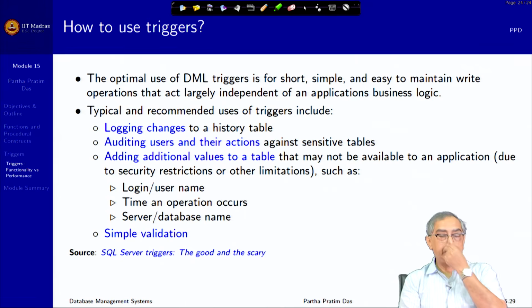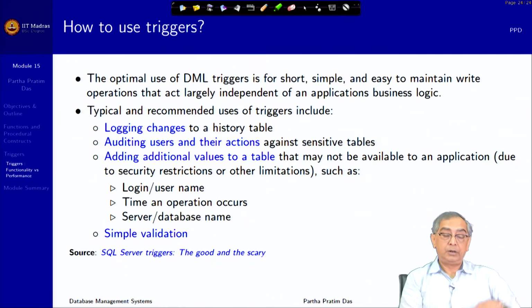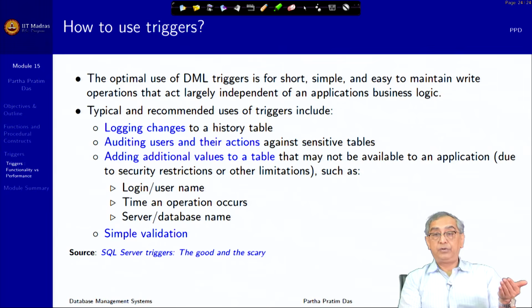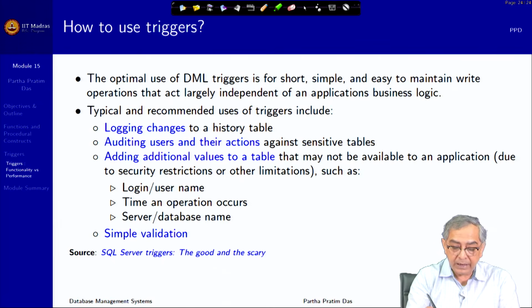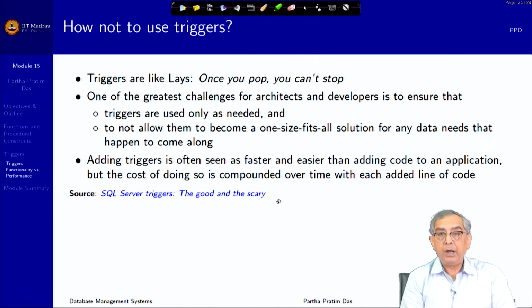I said you can write down who has done it, so that later on that person can be questioned for having done what he or she has done. Adding additional values to the table, referential integrity, login, username, time of operation and so on. Simple validations, data sanity and so on. Right? So, these are some of the typical ways to use triggers, but you have to be careful to remember,